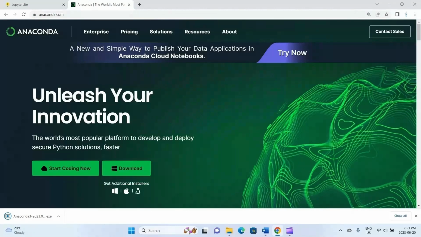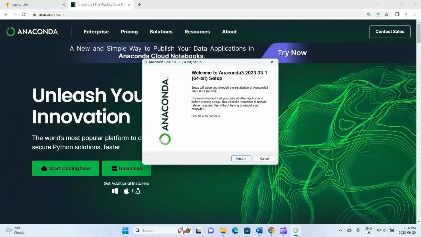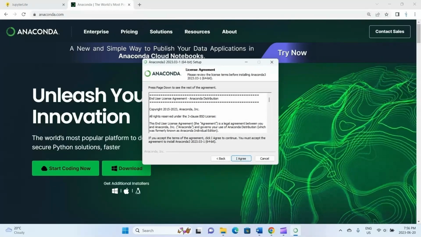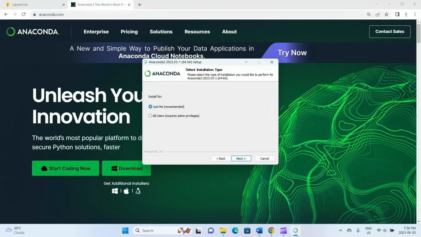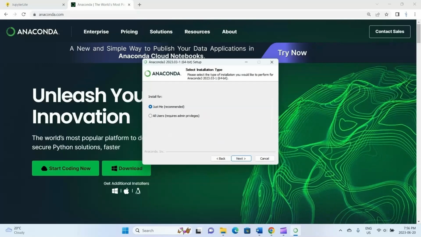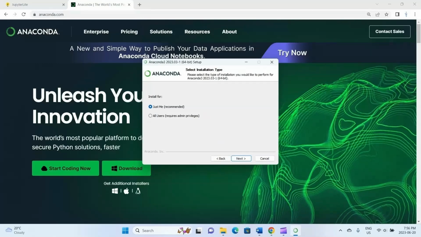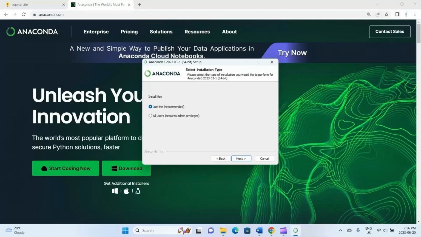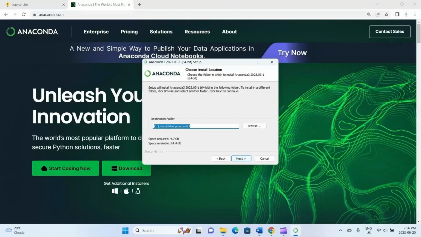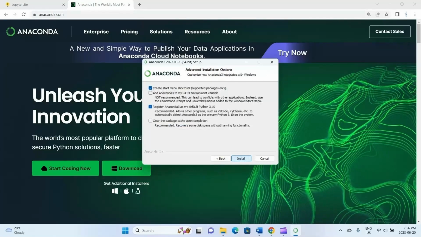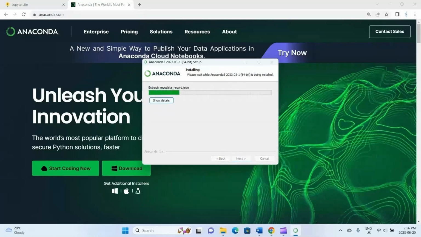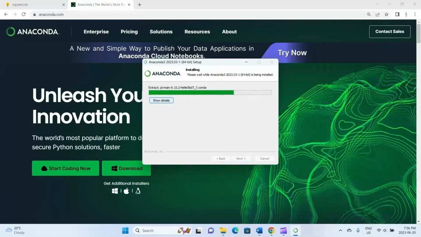Download is complete. So I'll click on that installer. We're going to click next here and, terms and conditions, I agree. It's asking us if we want to install for all users or just me. I think I'll install for just me because when you install for all users, you can run into issues like admin issues. So just me should be sufficient. It's showing me where it's going to store, and that's good. And all these settings are good as well. And let it install.